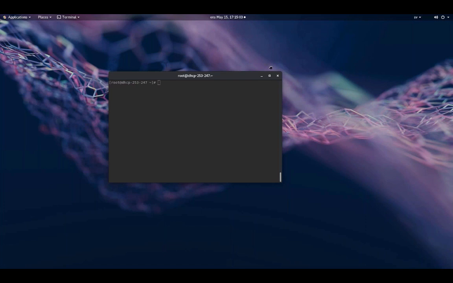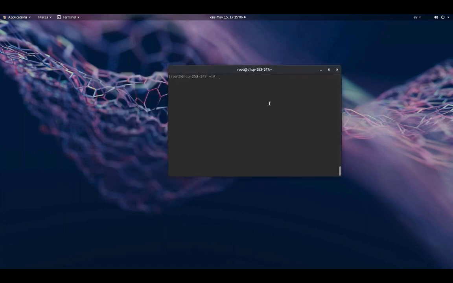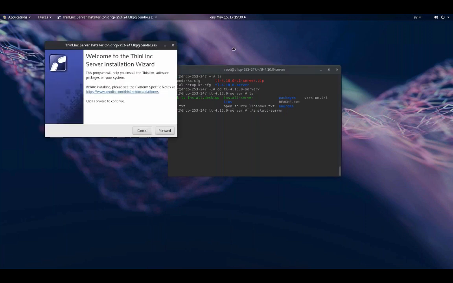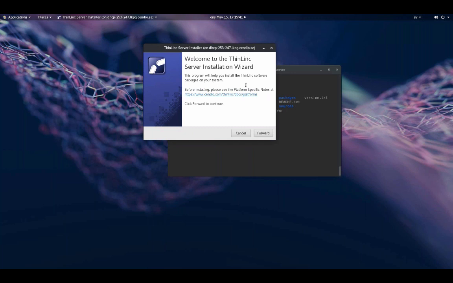All right. So for today, what I'm going to start by doing is showing you the installation of the ThinLinc server. Since ThinLinc is a product for Linux, the server is a product for Linux. What I have here is a Red Hat 7 machine, and I have downloaded the server bundle. So in this folder here, which I unpacked, you can start this install server script. And you can do this graphically, as I will show you now. There's also a text version as well, if you want to automate it.